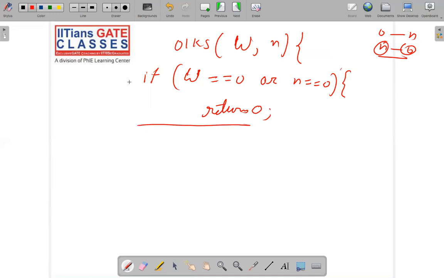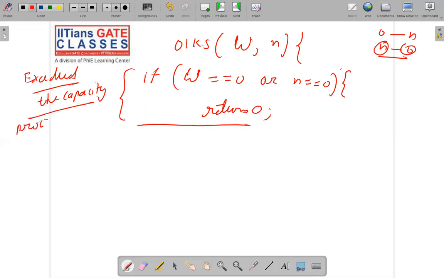Else, what you will do, this is like, the capacity exceeded, or you can say that we processed all the items. This is what this is saying. Else